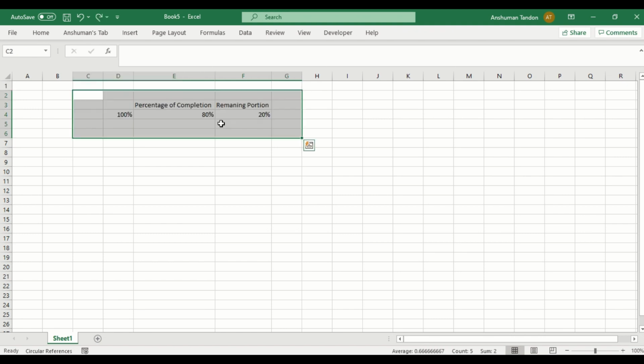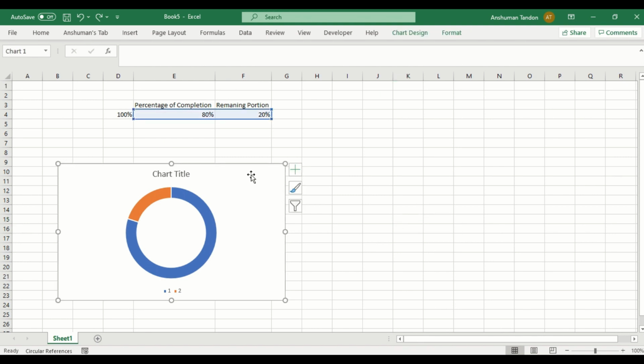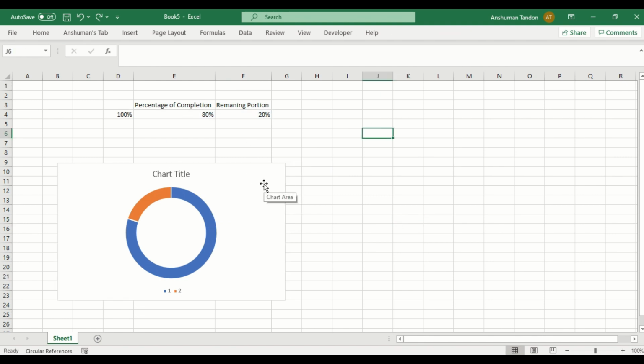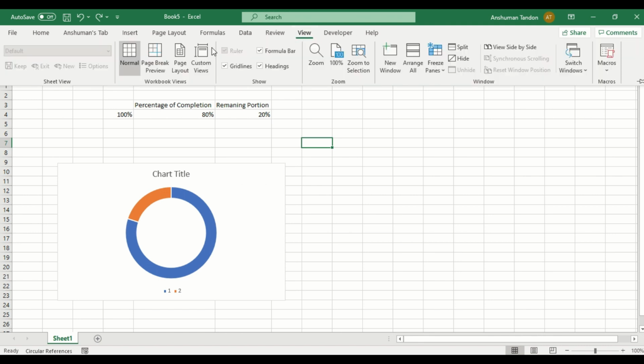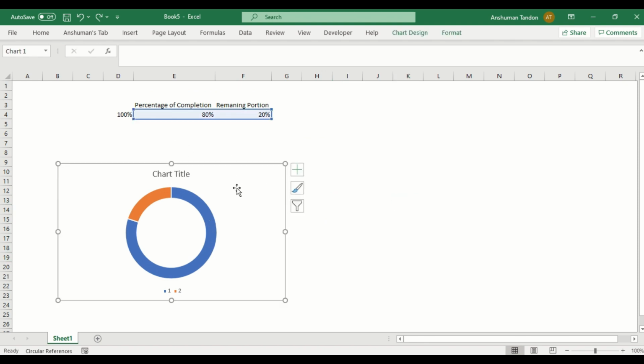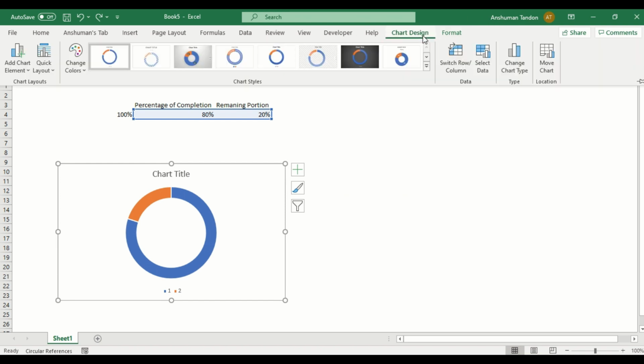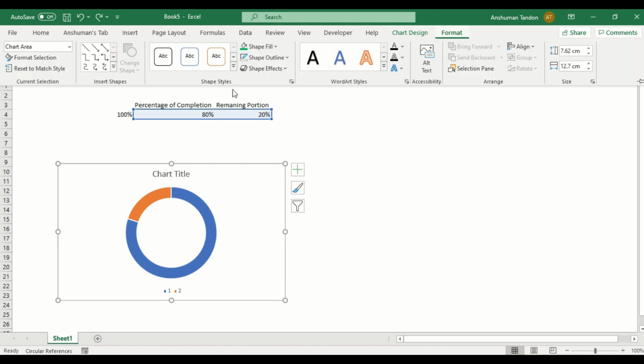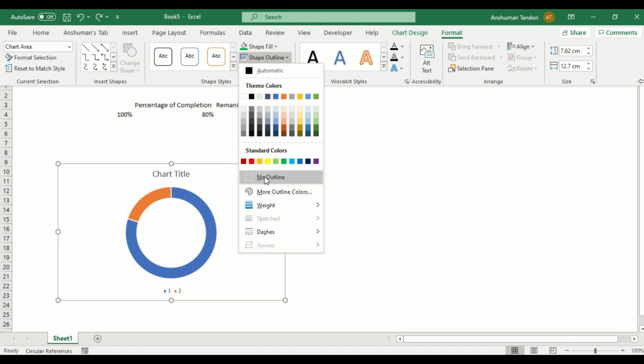First, as you can see, when I put this chart it looks very much like it is coming out of the Excel sheet. In order to merge it, in order to make it a part of our Excel sheet, the best way I follow is to go to the view tab and remove these grid lines. Now you can see that this chart looks very much like it is in the sheet. There is one outline coming over here, so I will select this, go to the format option, and select the shape outline as no outline.